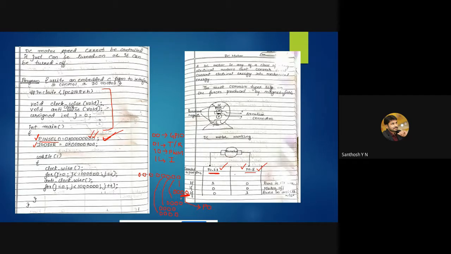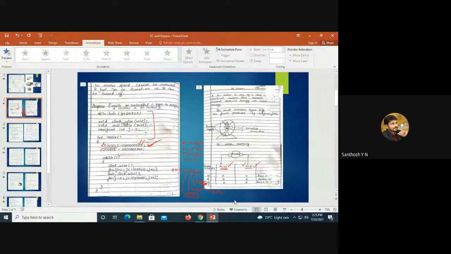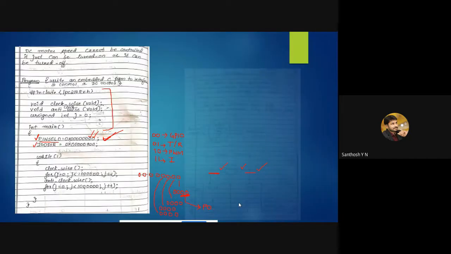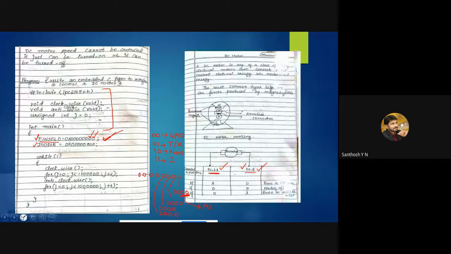P0.0. Okay, P0.0. And these two are used to control P0.1. And these two for P0.2. So this one we have already discussed in the previous lab.